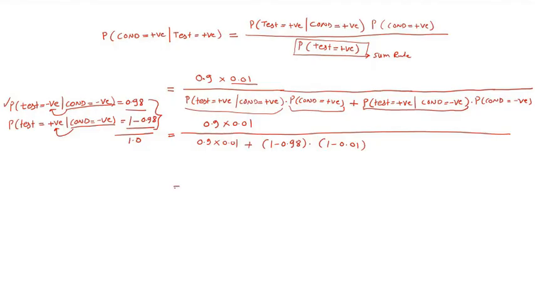So this I can write as 0.9 into 0.01 divided by 0.9 into 0.01 plus 0.02 into 0.99. Okay, so if you solve this, this will come